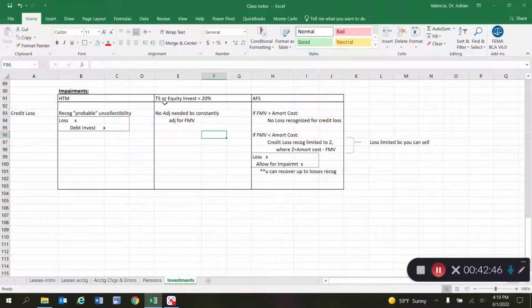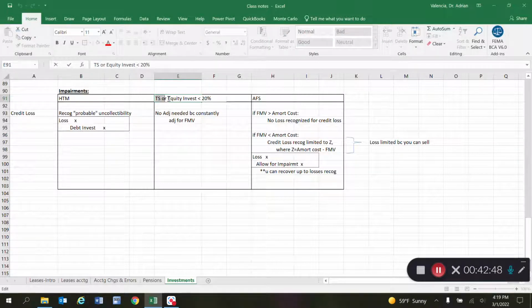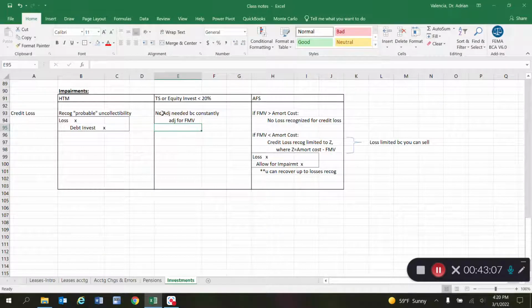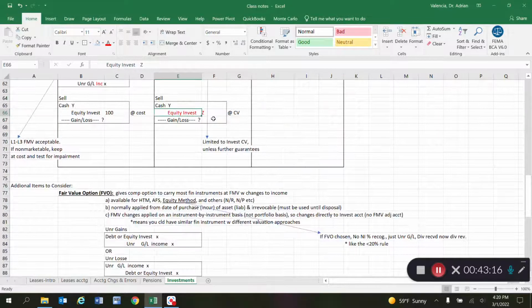For trading securities or equity investments under 20%, if you recall, those changes in fair market value are constantly going to income. So we are marking to market with these items, and income is reflecting that as we go. So we don't need an adjustment here because we are constantly adjusting for the fair market value. And then the available for sale category,